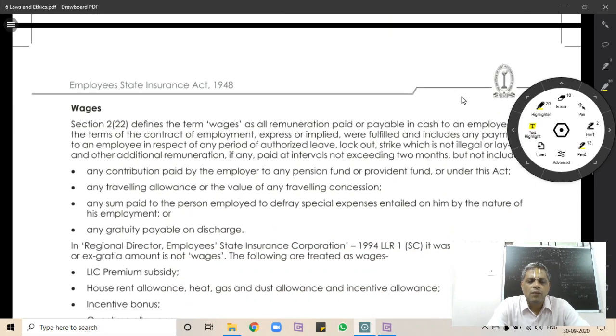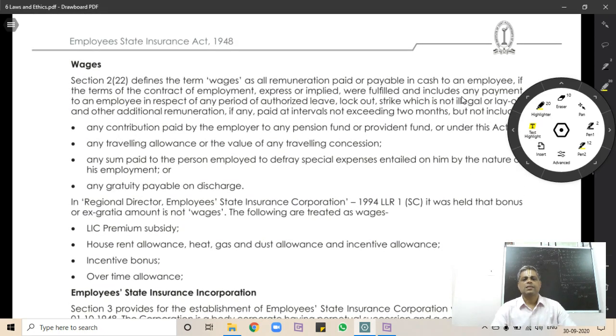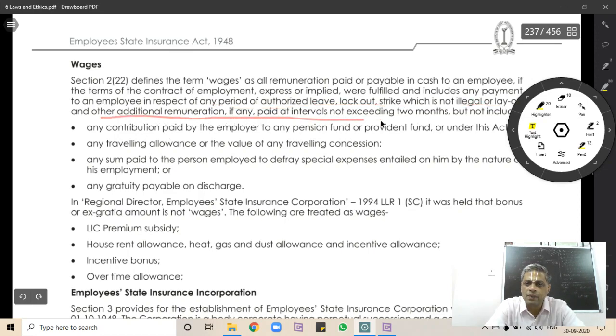Now, wages. Section 2, subsection 22 defines the term wages. Wages means all remuneration paid or payable in cash to an employee, if the terms of the contract of employment, express or implied, were fulfilled, and includes any payment to an employee in respect of any period of authorized leave, lockout, strike which is not illegal, or layoff, and any other additional remuneration, if any, paid at intervals not exceeding 2 months, but does not include